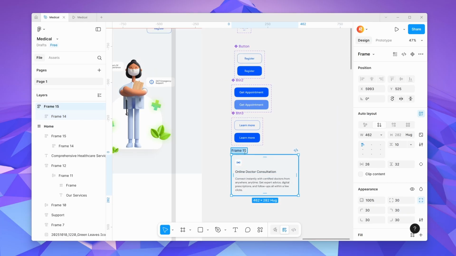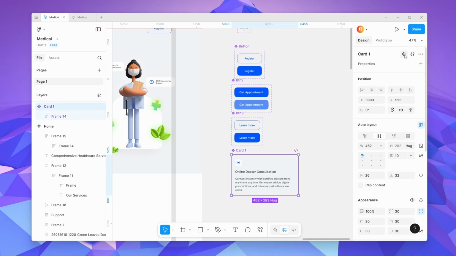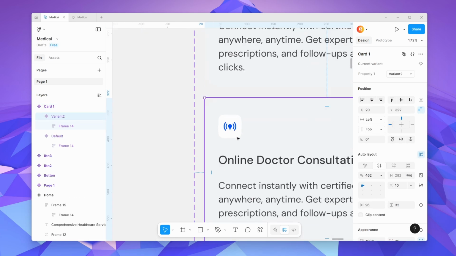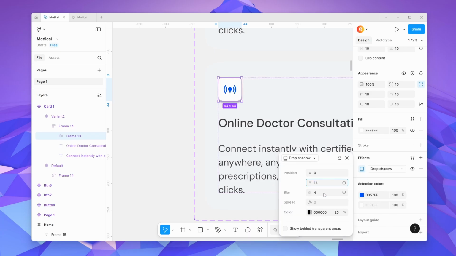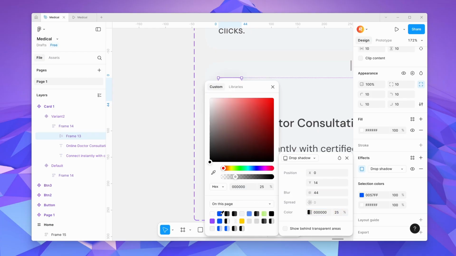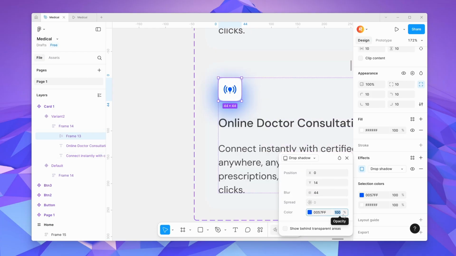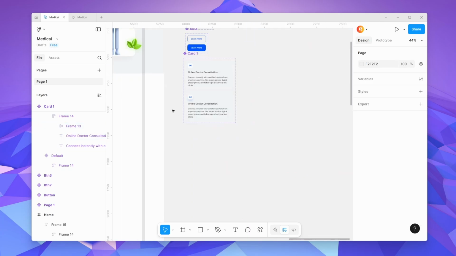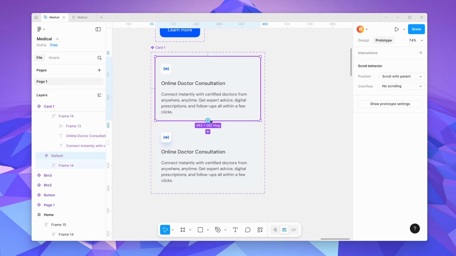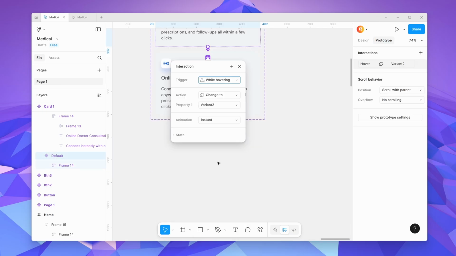Okay, change it now. Card 1, select card 1, go to component, add variant. Now hover this element, select SVG icon, and go to effect 44 and change color into blue, and opacity is around 12. Now it's good. Go to prototype, and while hovering, instant to smart animate, and if you want to add something extra in this,